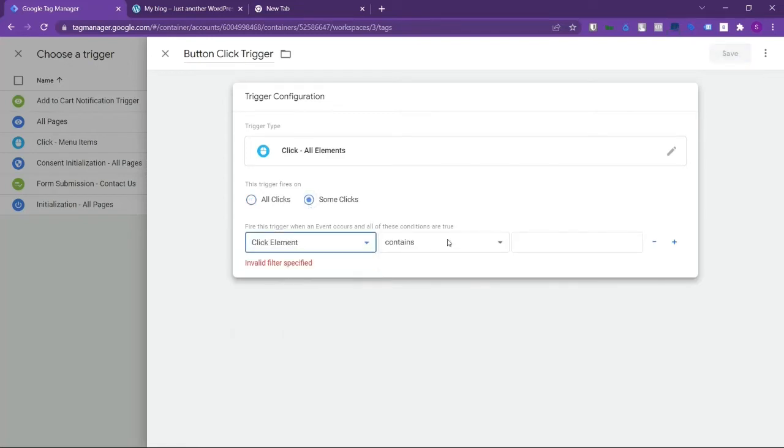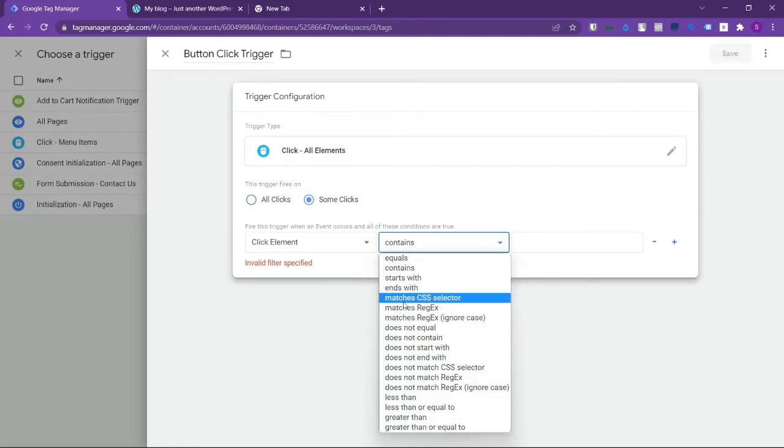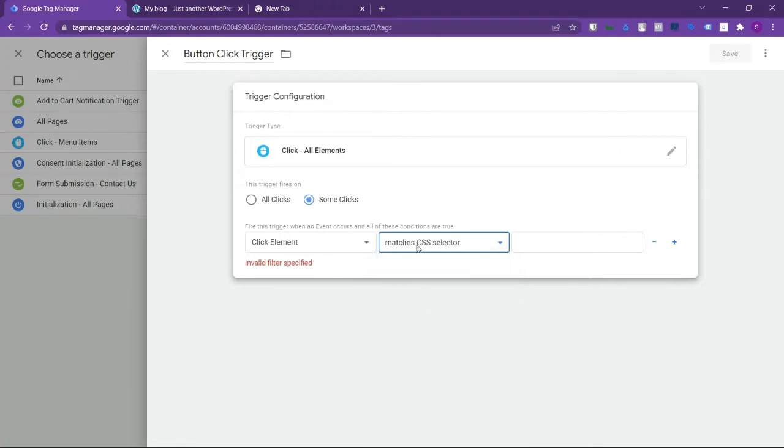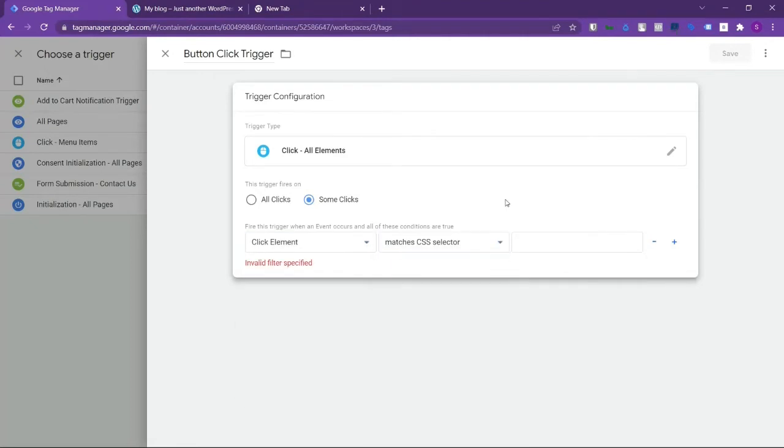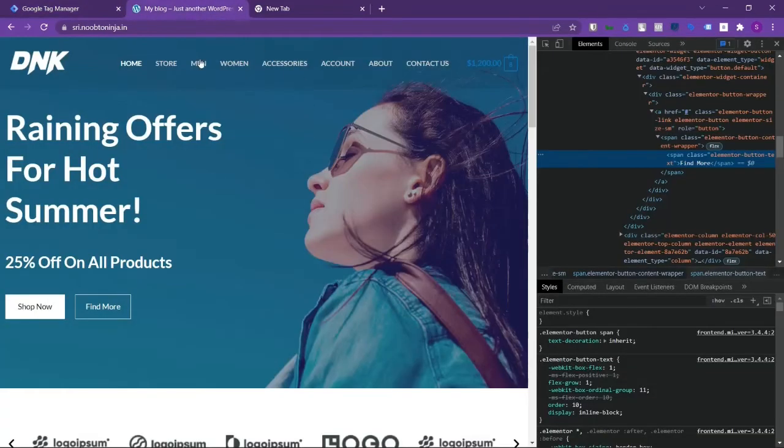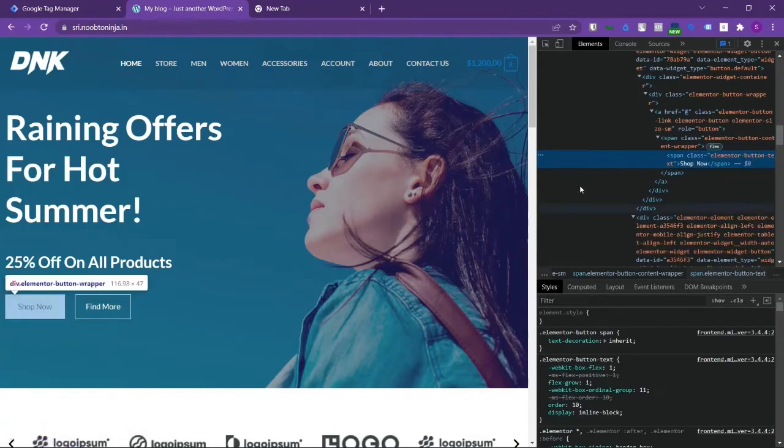And now our click element here, we can see that matches CSS selector. So this is how we use CSS selectors in the third way. This is how CSS selectors can be used in tag management for triggering click events. Like our click element or any other data variable, if it matches the particular CSS selector, then we can fire that event. So let's check our buttons